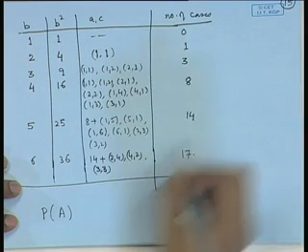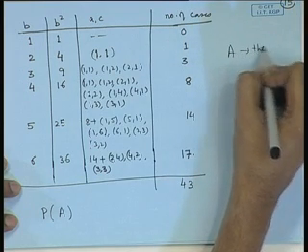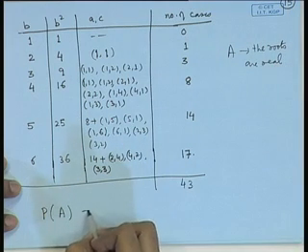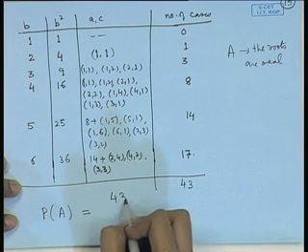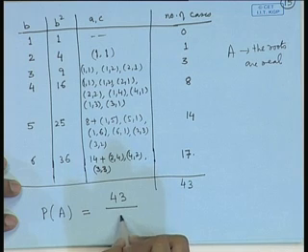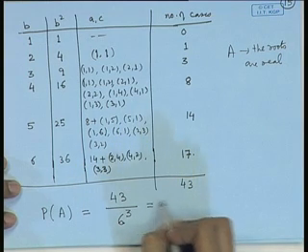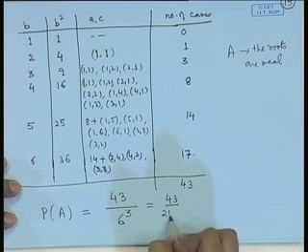If I define A to be the event that the roots are real, then the probability of that will be given by the favorable number of cases divided by the total number of cases, which is 6 cube here, because 3 dice, each of them have 6 possibilities. So the total number of possibilities is 6 cube, that is 43 by 216. Likewise, in this problem we may also find out the probability of the quadratic equation to have complex roots, or real roots but equal, etc. We may consider all types of possibilities.